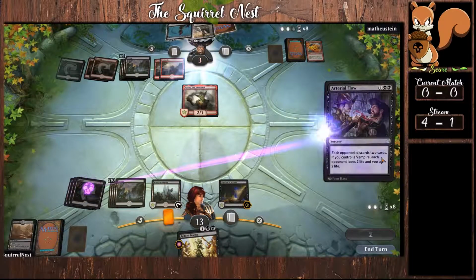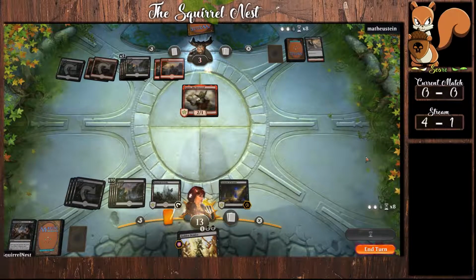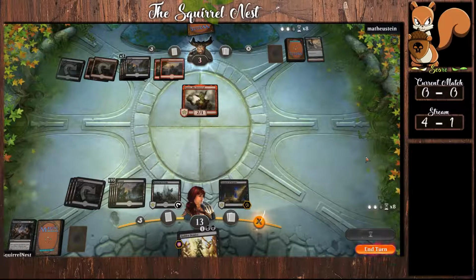Okay, he can discard 2 of those cards. The good thing is this squee will never attack. This is actually quite close considering he's at 3. If I can get rid of all his cards in his hand...